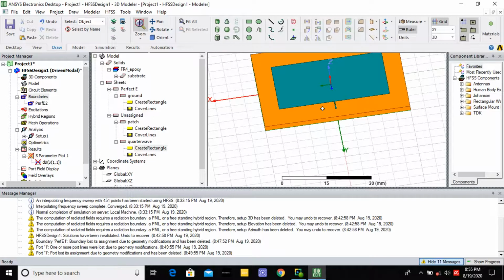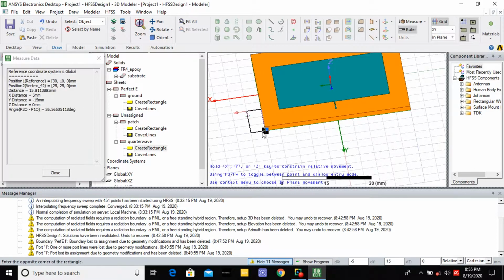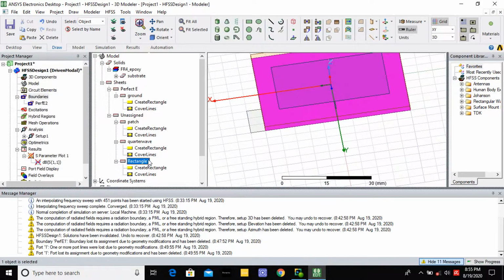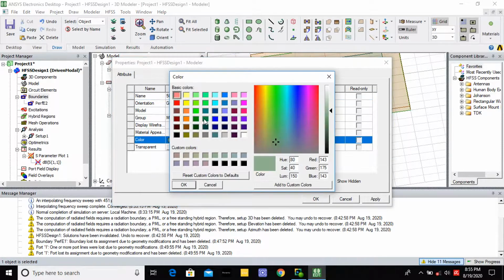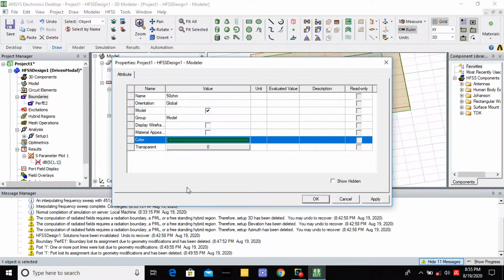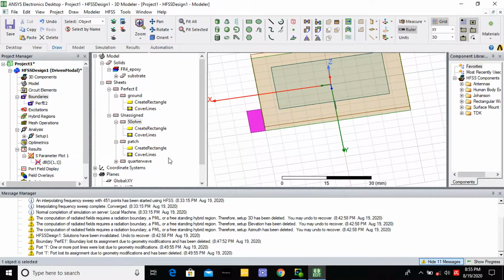Next we have to draw the 50 ohm impedance matching device. Then go to rectangle, you select that rectangle. Here instead of rectangle 1 you give 50 ohm. Here you change the color, whatever color you want, then you give apply, then you give OK.